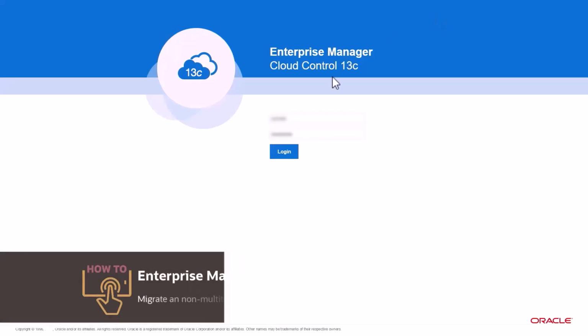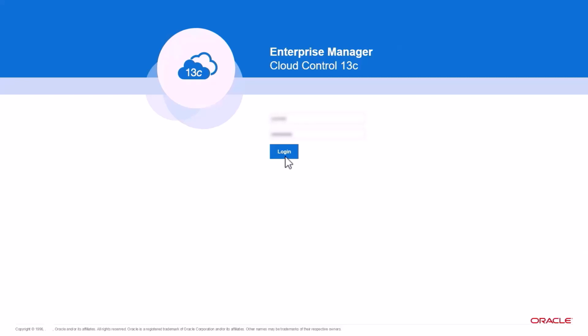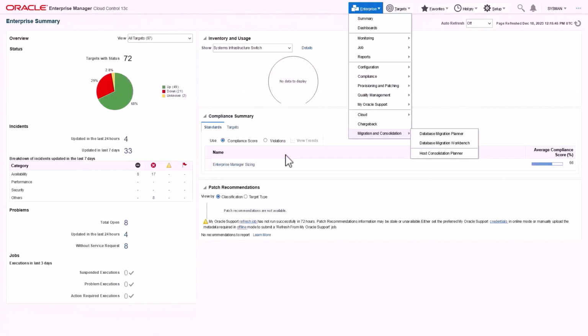In this video, you will learn how to use Migration Workbench to migrate an Oracle 12c non-multitenant database to a 19c multi-tenant database. To use the Data Migration Workbench, you must have the Real Application Testing license for Enterprise Manager. Let's get started. Log in to Enterprise Manager, go to Enterprise, click Migration and Consolidation, and then select Database Migration